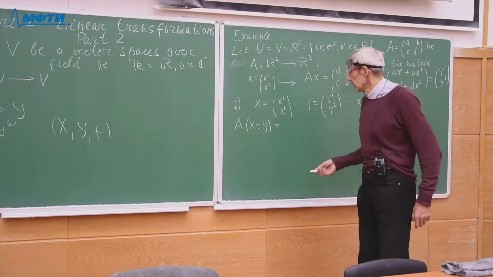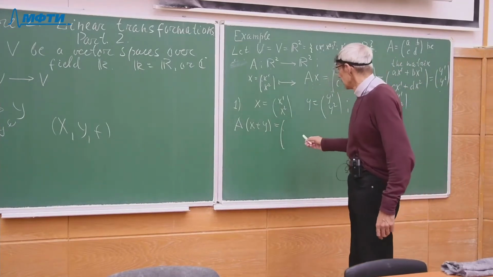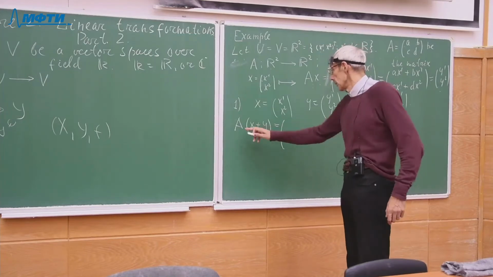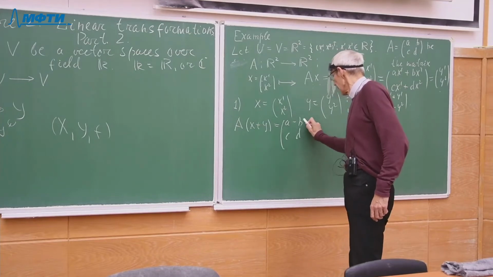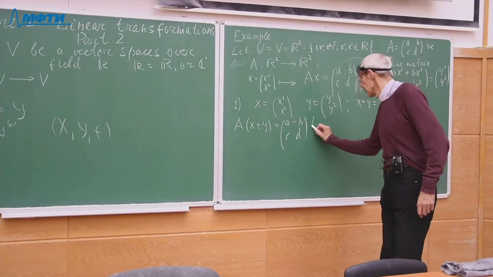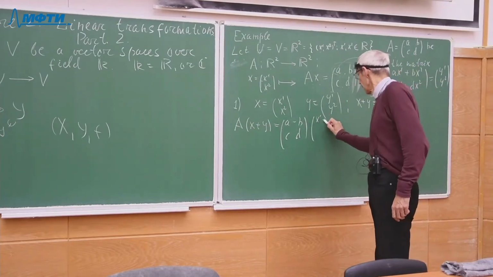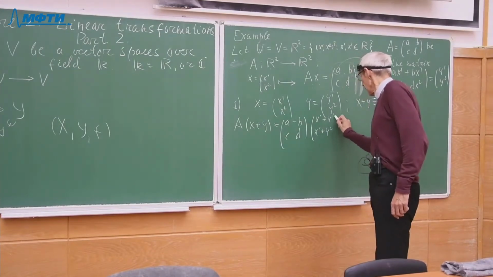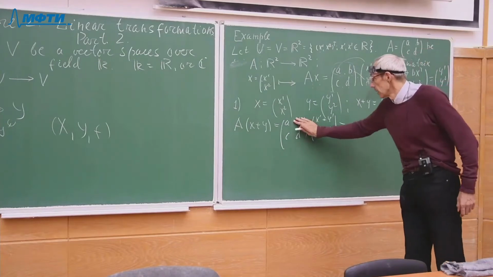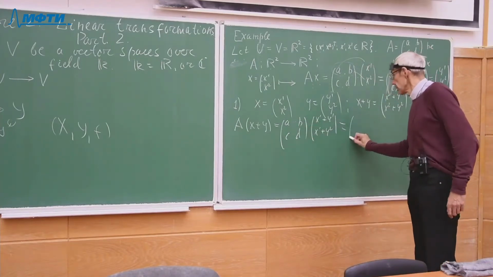And the multiplication of the matrix A with elements a, b, c, d on this vector is equal, by definition,